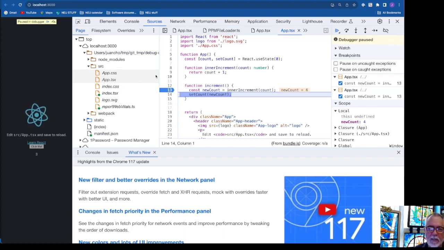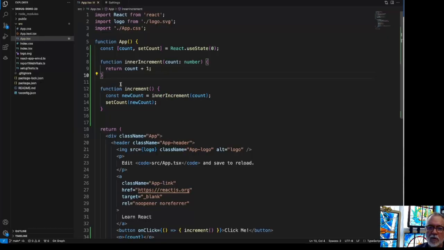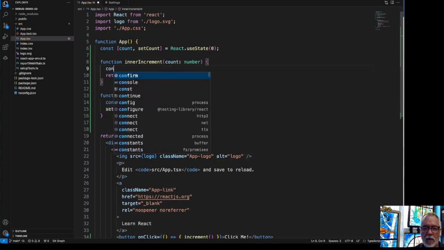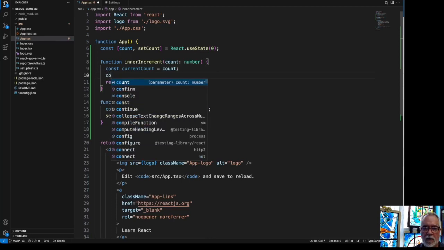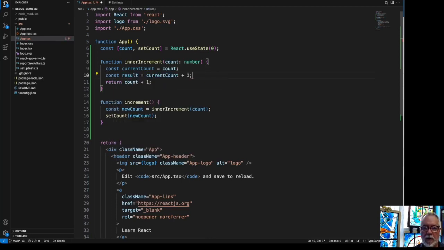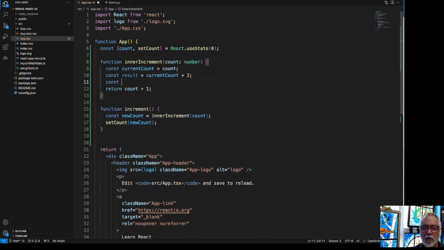Okay, so let's go and make this a little bit more complicated one more time, just so we can see how step out of works. So what I'm going to do here is a whole bunch of really bad code. I'm going to say const current count equals count, and then const result equals current count plus 2, and then const actual result is the result minus 1. So I've done a whole bunch of work here to basically just add 1 to count, but this is useful because we can